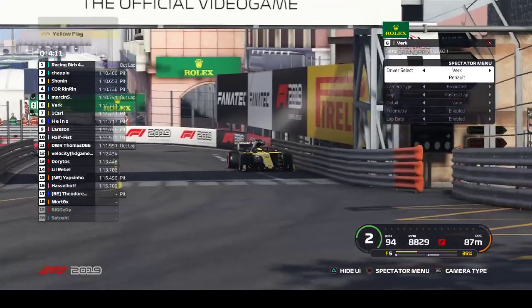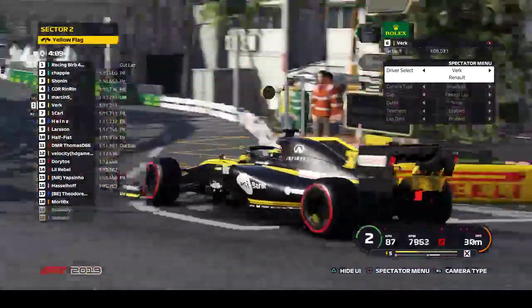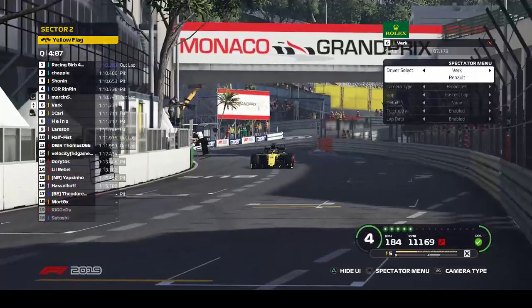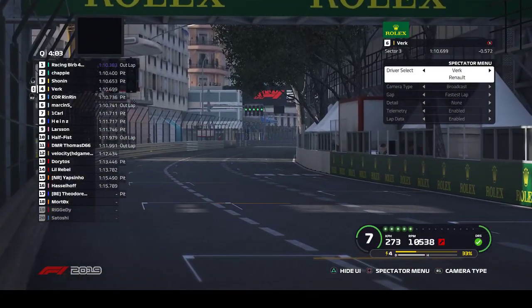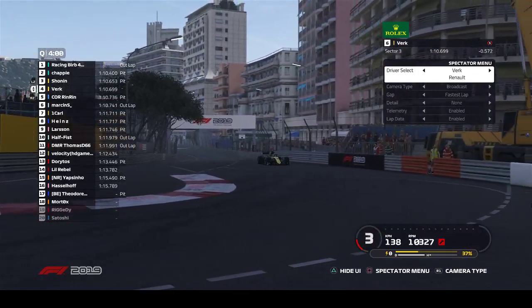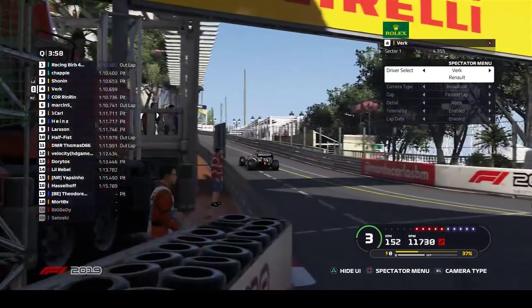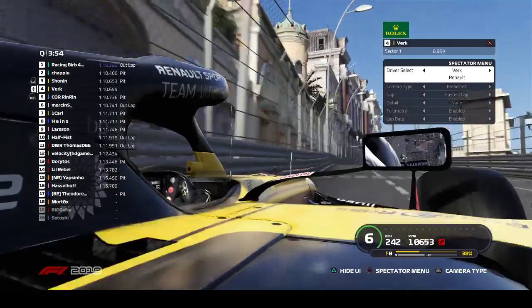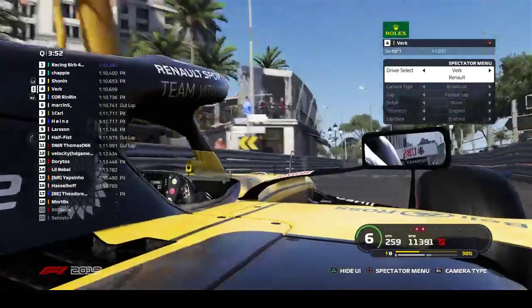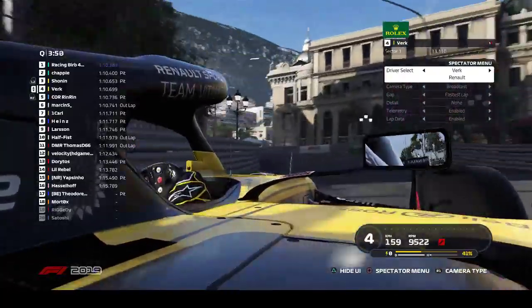Burke is currently on the lap, so Burke will cross the line now. I think he's just a tad bit too slow on ERS. Let's see. It's going to be P4. Mercedes is 1, 2, and Renault 3, Renault 4. So I'm going to keep an eye on Martin as he's got every chance of getting pole